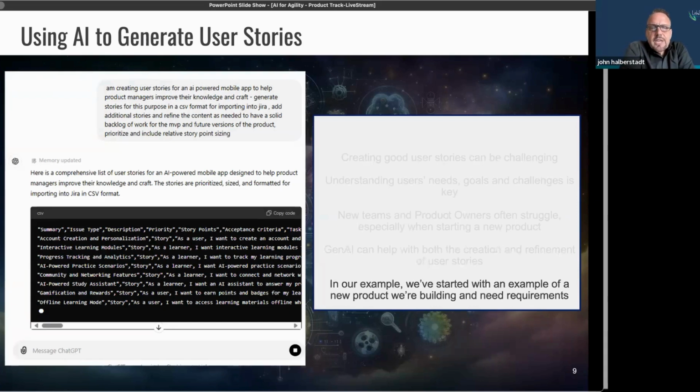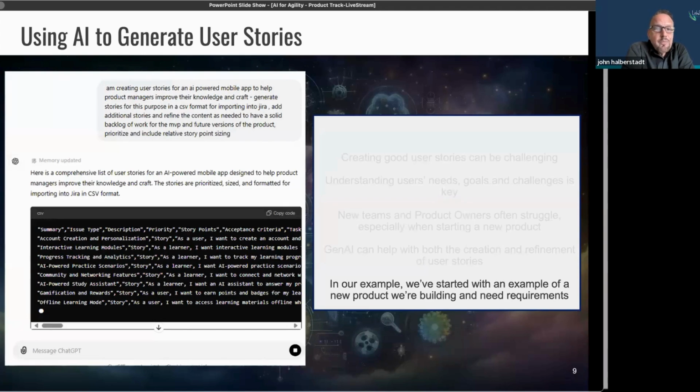In this example, and if you have been in some of the prior sessions, you may have seen that I had a slide for user stories. This is a different variation of that I found useful that I think some of you may find as well, which is if I need to create a new backlog from scratch, how can I use generative AI? Again, not to do all of the work for me, but to get a good start. So you can see my prompt up there. All of these, by the way, are real world screen caps. This is ChatGPT. I've got some others from Claude. Really what I'm talking about is intended to be agnostic or irrespective of the specific tool that you're using. So with these prompts, you may get slightly different responses depending on what you're using, but these prompts will be applicable regardless of tool.